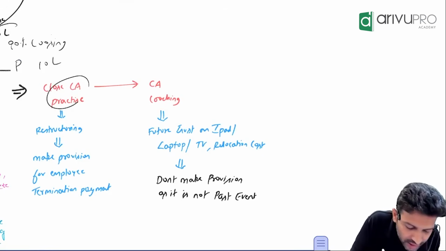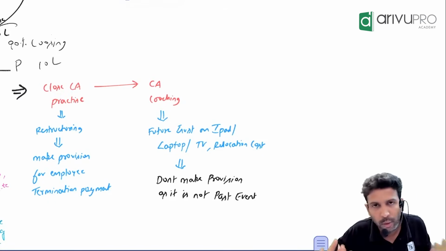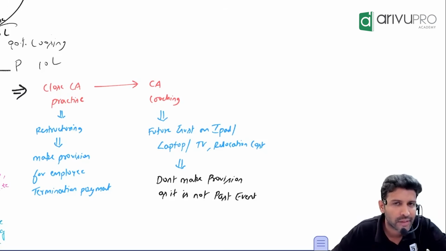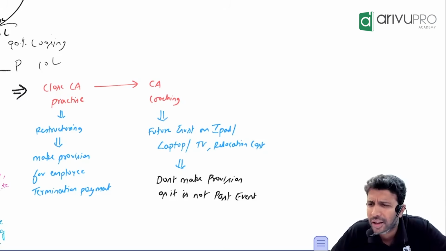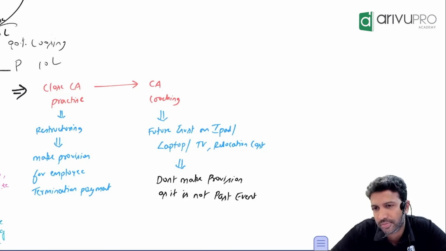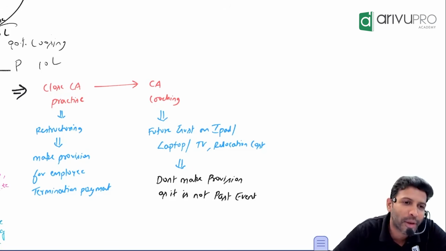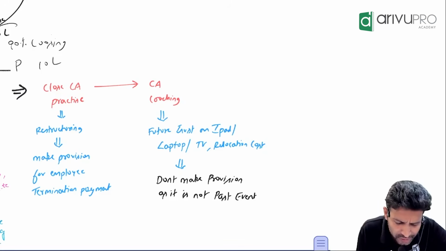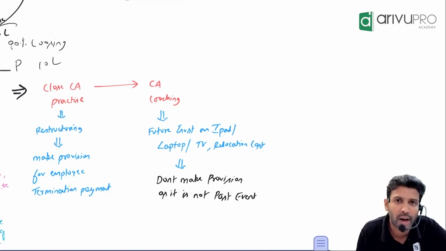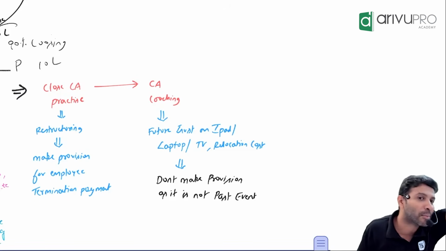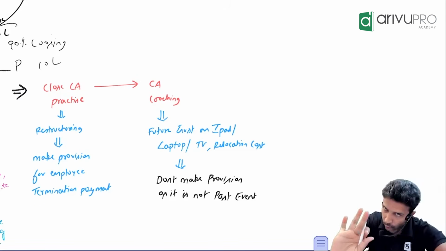Now, CA practice I am having already. I want to continue or close down? Close. Now, there are already certain employees. I will keep them or say tata bye-bye? Tata bye-bye, because they may not hold good in my CA coaching business. So I said to all my employees, thank you for your service, thank you for wonderful service. And then I paid some money to them. After all, they have worked with me for so many years. So, I said, take some compensation. How much, sir? That is between me and them. Now some compensation I am paying them.